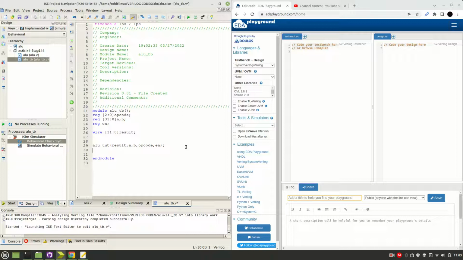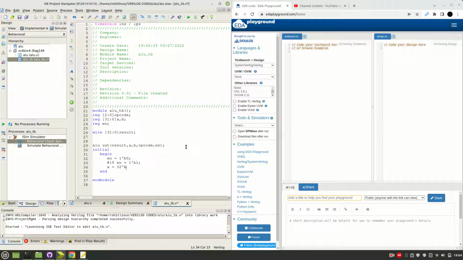After that we need to provide the initial begin and end. So what we need to provide? The input test vectors. Initially let's make enable equal to 1'b0. Initially enable is 0, then wait till 10, so we should not get any output. After that enable equal to 1'b1 and we need to give A and B values. Simply let's hard code the A and B values. So A equal to 32'b